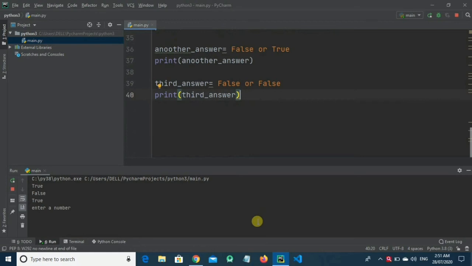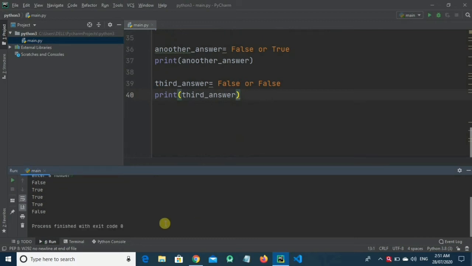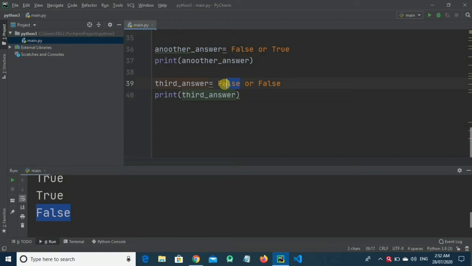Now here you can see that the output is false. It is because in the third answer variable, the first value is false and the second value is also false. So we have seen that if the first value is false in the OR operator, it takes the second value by default. The second value here is false, so it has printed false.